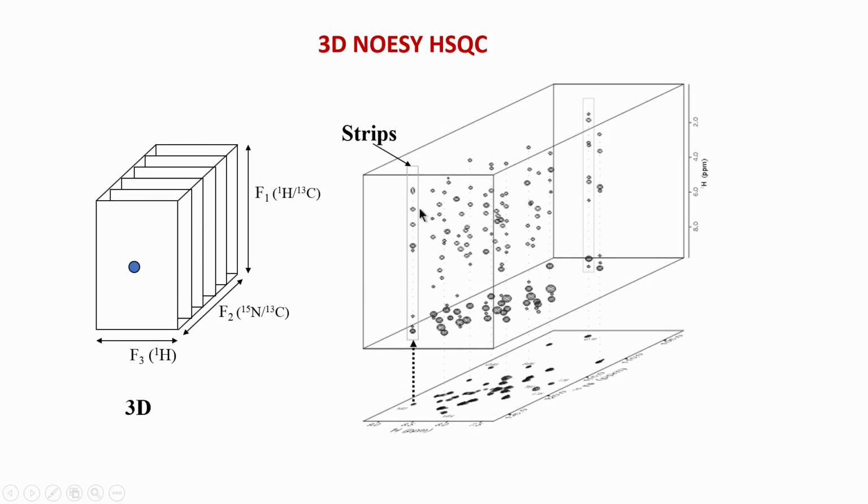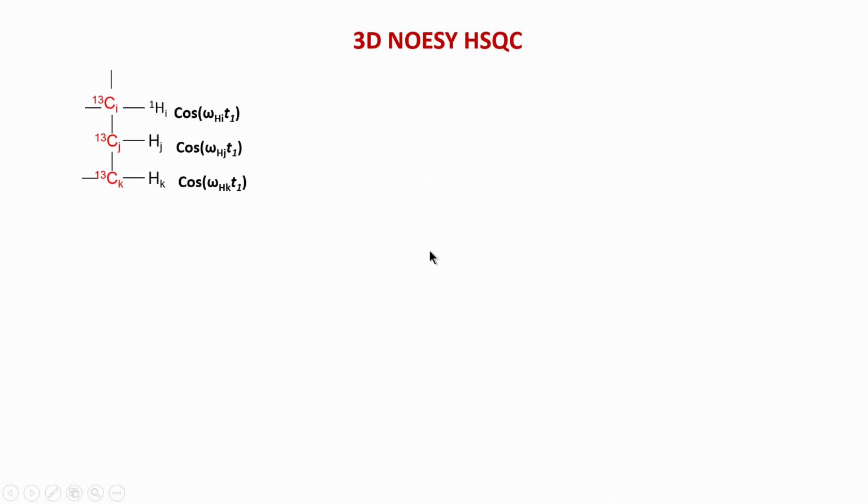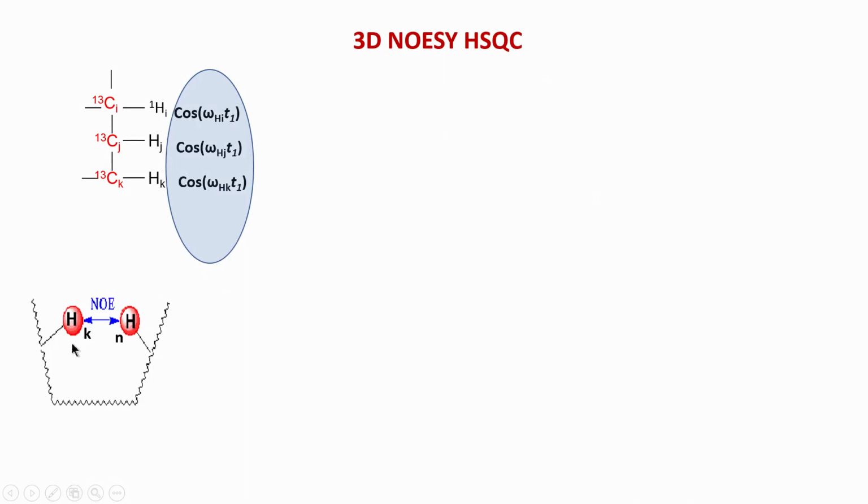What I showed you earlier was an example of within the amino acid correlations, but NOESY is not about that. In NOESY we want to see correlations from a far away proton. So for example, consider this case. The same molecule which we saw earlier, but now imagine that this proton K is coming close in distance to another proton far away, N, far away meaning in the sequence, not in space. In space it is close, but in sequence it is far. So this is what we want to capture in a NOESY experiment.